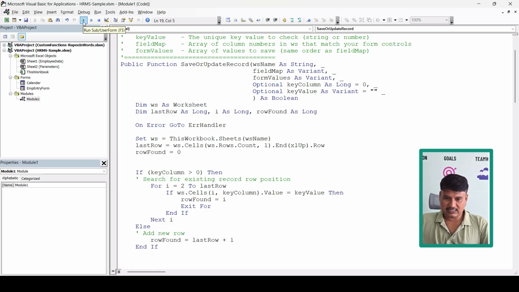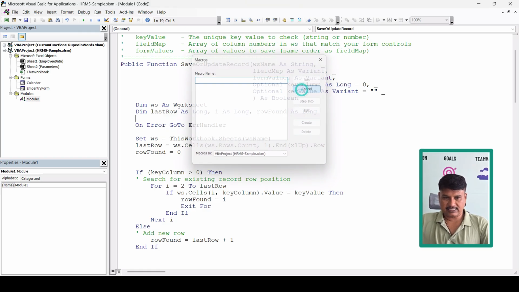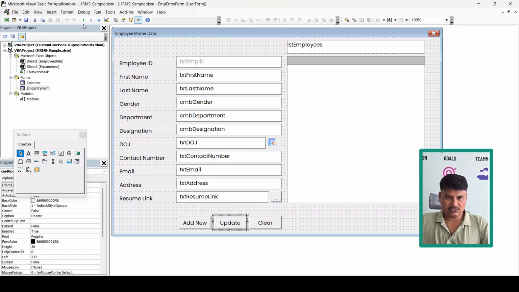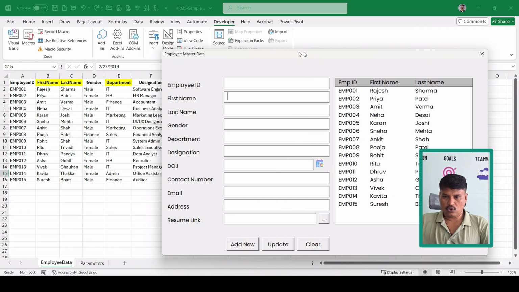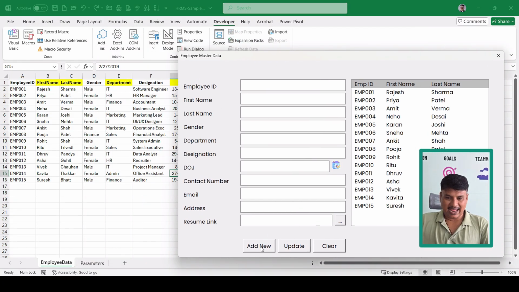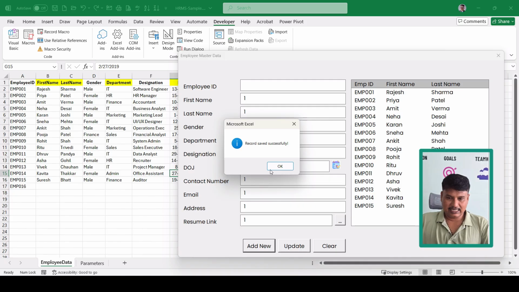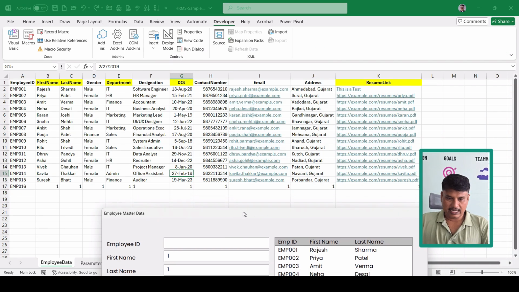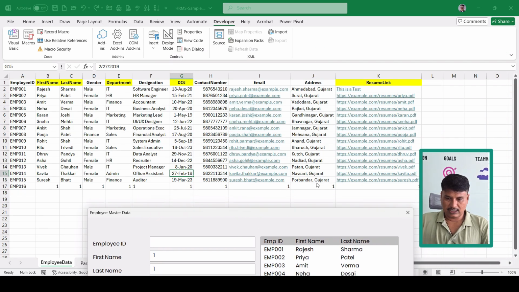Here, if I run this, I will explain it. Just a second, let me run this form first of all, and let me show you that. For example, if we add something, I'm just putting 111 in all the fields, and clicking on add, you can see that it will automatically update all the values in there.